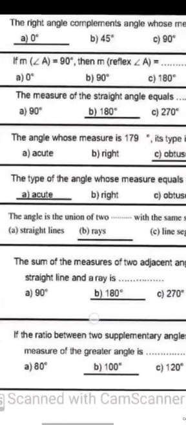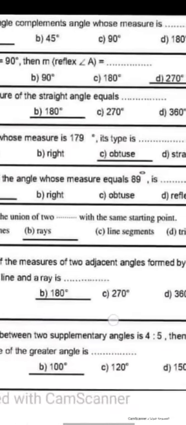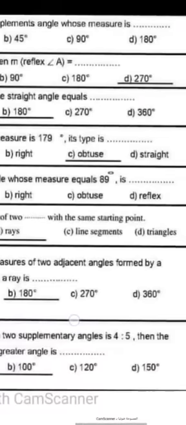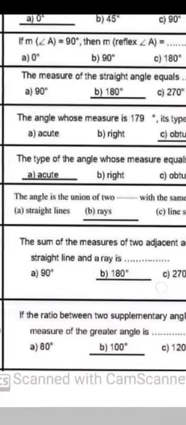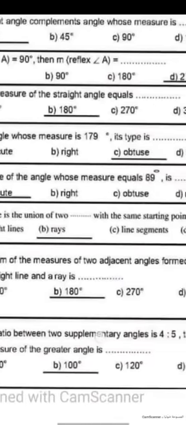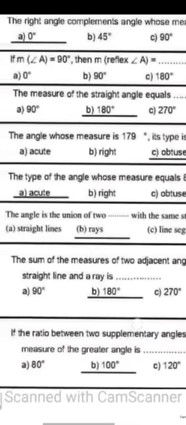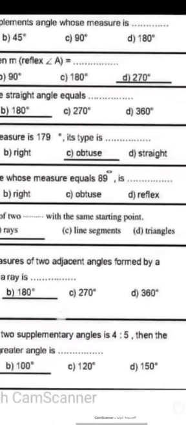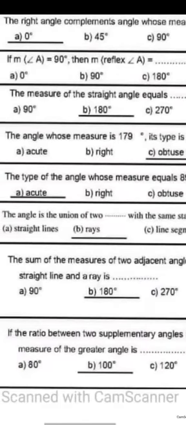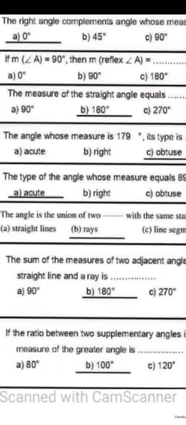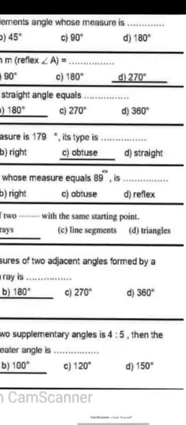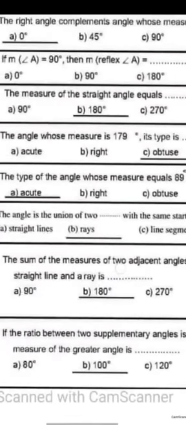This is the definition of angle. Number 9, the sum of the measures of two adjacent angles formed by a straight line and a ray is 180. Okay? The last one, number 10, if the ratio between two supplementary angles is 4 to 5, then the measure of the greater angle will be